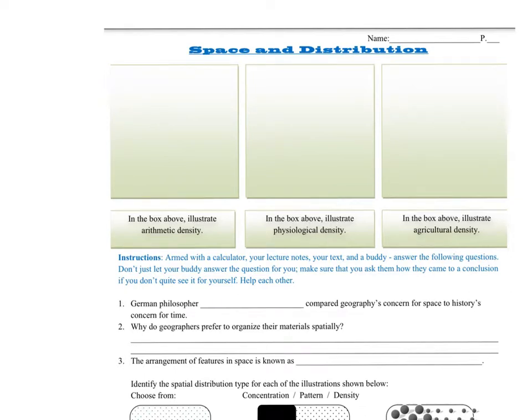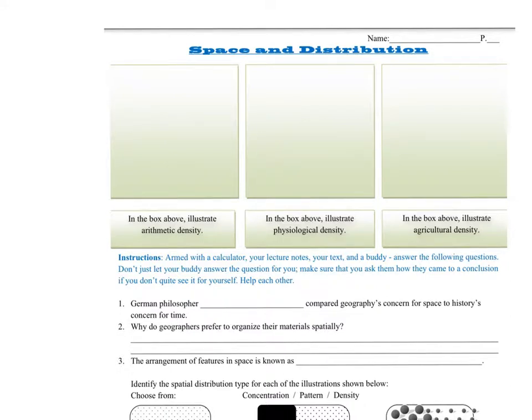Okay, so we're talking space and distribution, and this is what you read about in chapter 3. In your reader, I really like the way it talks about distribution and density. It's a little bit easier to understand in that book than it was in our old textbook, so I thought that was kind of nice. When we talk distribution and density, though, we need to make sure that we understand the difference between